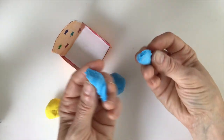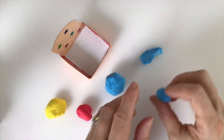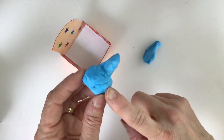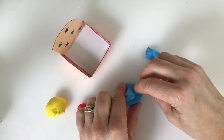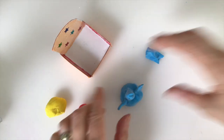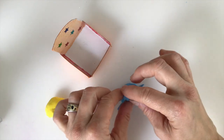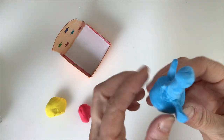Now he's got a long neck. You're gonna definitely need a little bit for his neck and a little bit for his head. So let's make a little neck here, and we're gonna pinch that into the clay. So he's got this nice little body. We'll add a couple little wings, and his wings are gonna be excited. He's excited that he's going on this ride. So I'm gonna put his wings up like that. We're gonna make a little bit of a head up here. And you know, we're gonna need a little extra white clay. So here's his basic body. He's got a little round circle for a head, a thin, long neck, 2 wings,